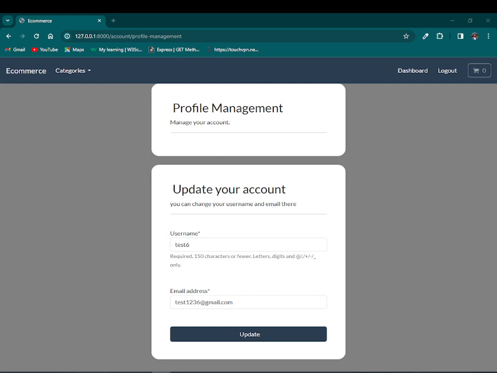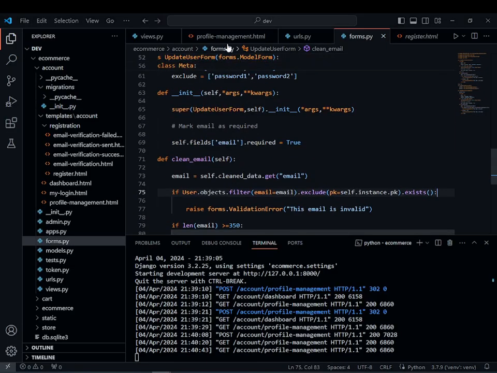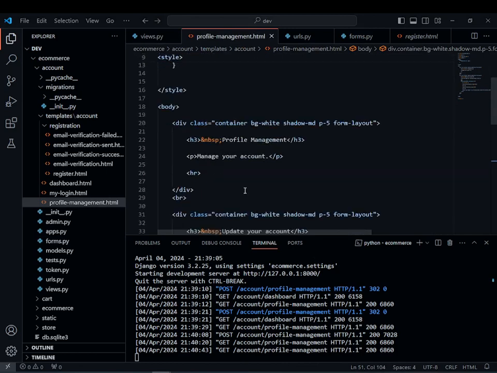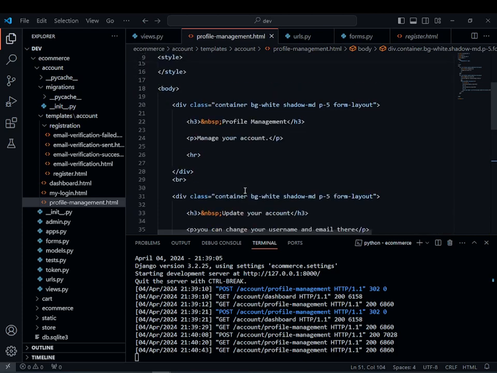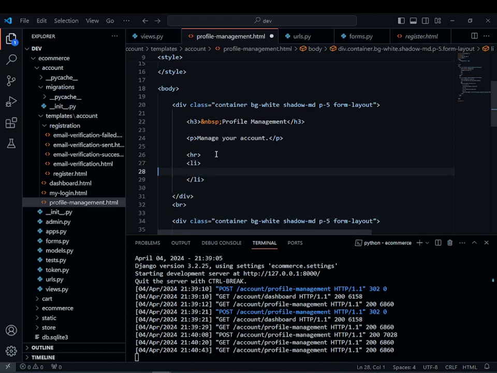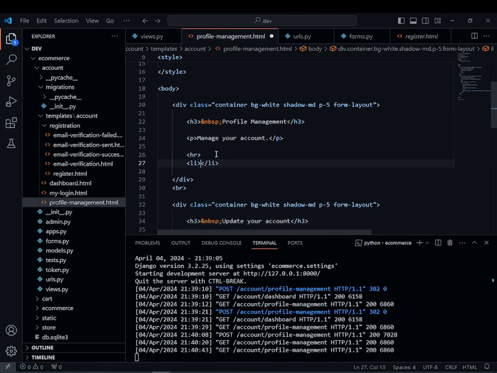Under that, manage your account, we are going to create list items of what a user can do. So just form a profile-management.html here. Under that horizontal line, we just want a list item, and here we want to say that